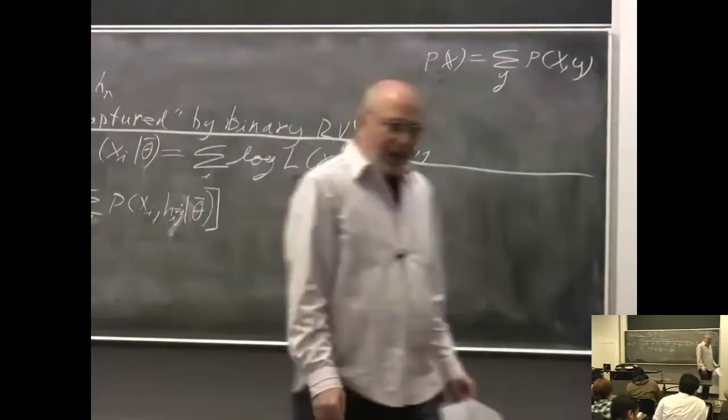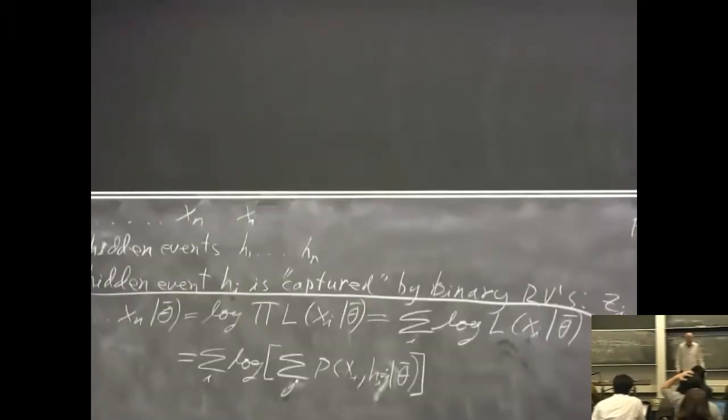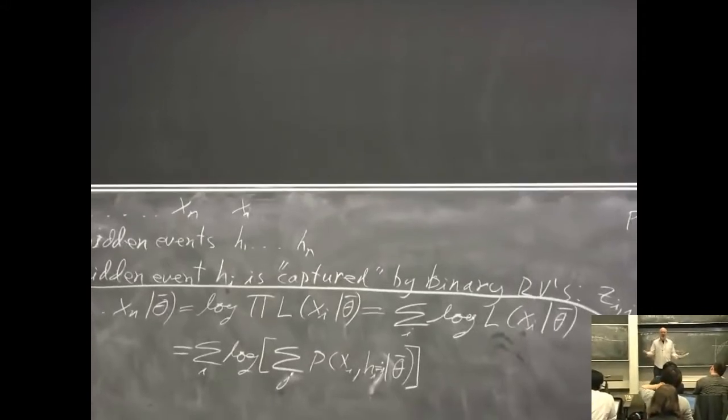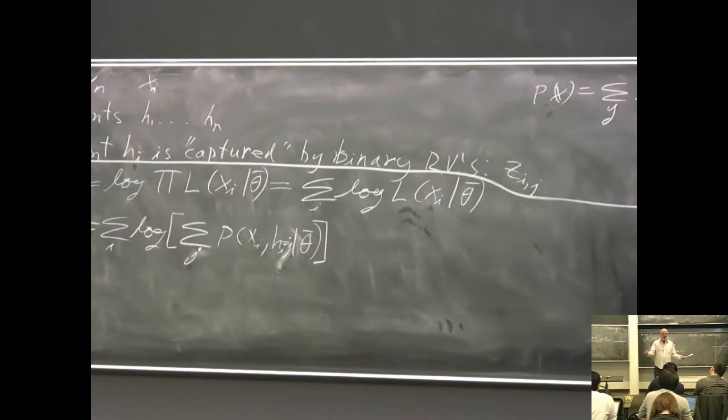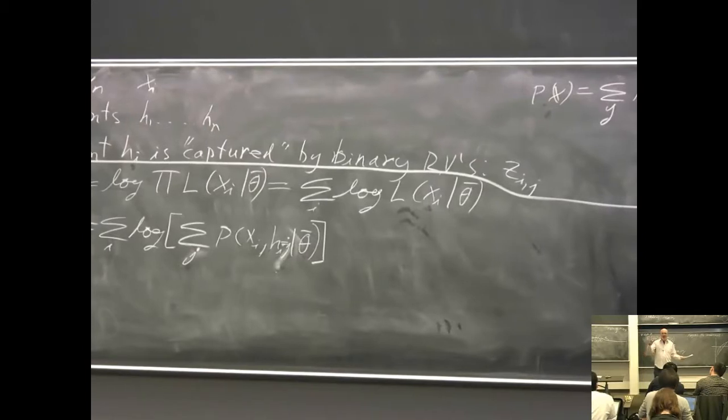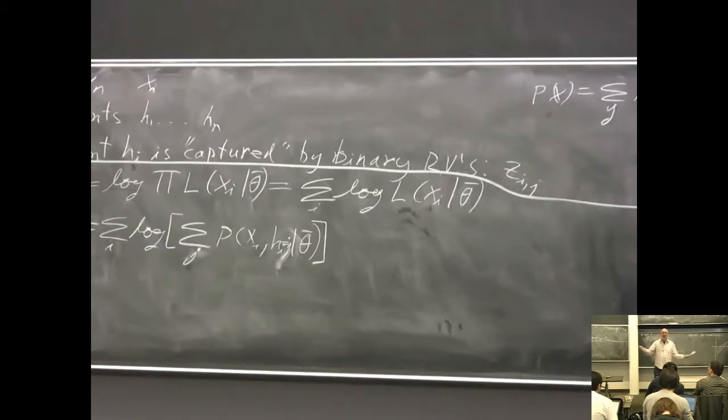Zij is a random variable that captures in a binary way what the hidden variable is. So I can represent a hidden event in one of two ways. I can represent it as an h, which is a variable that has one of, say, 20 values. And hi would be the number of the component of a Gaussian used to generate point xi. Or I can represent the exact same information with 20 z variables, each one of them being either 0 or 1, and further requiring that for any i, one of them be 1 and the others be 0. It's just a different way of representing